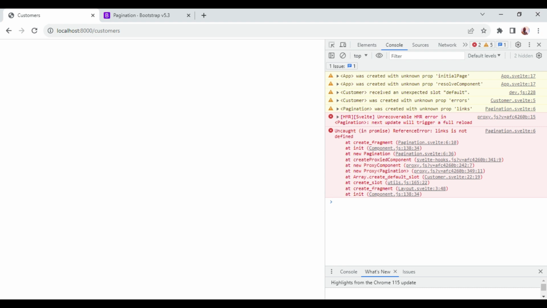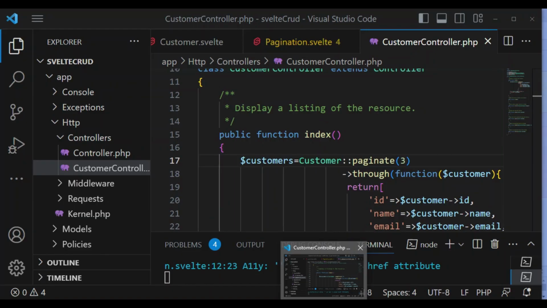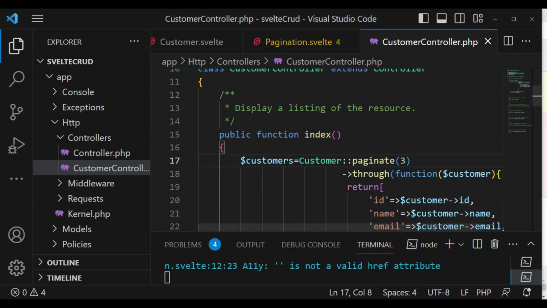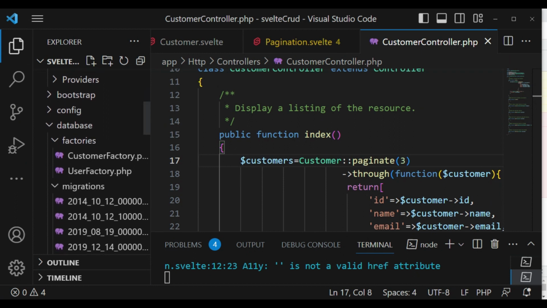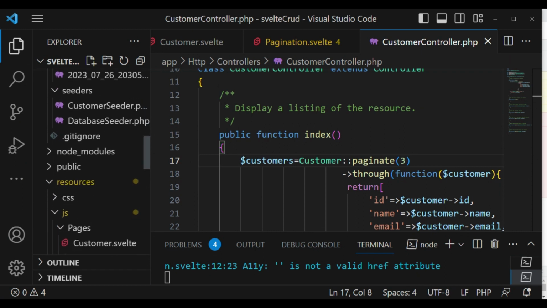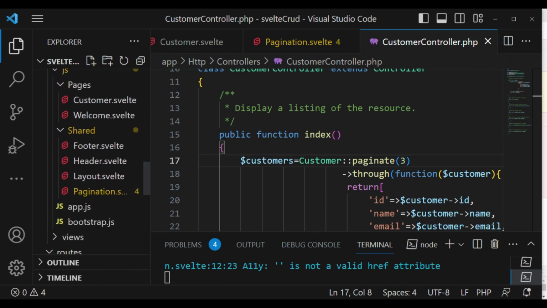Links is not defined, so there's nothing that we are passing as links. So yes, we have not actually defined links, because I can see where we have the issue. We are not passing the links now, because we have passed it to the props, but we have not acknowledged it. So let us go back to